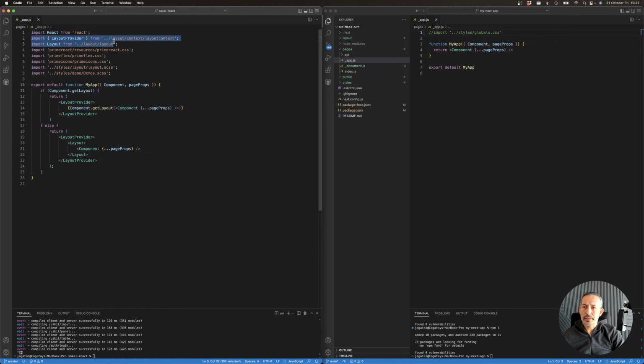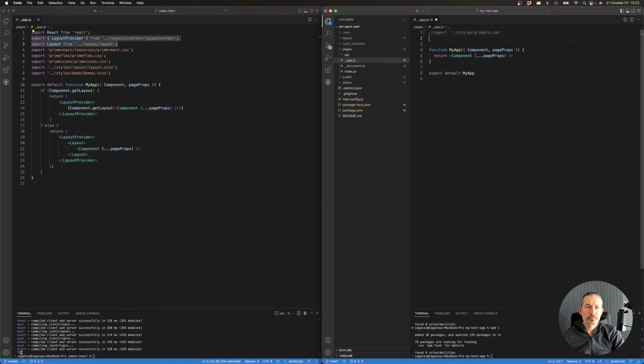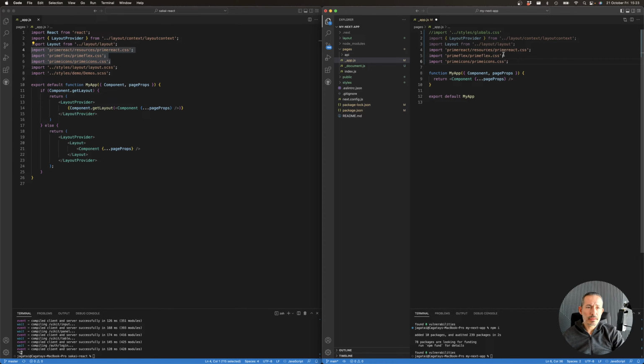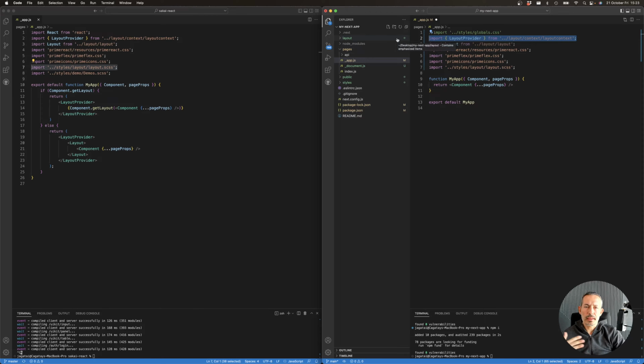So this is the context of layout provider, and the layout component. Plus I need some resources like these. These are the PrimeReact core CSS, PrimeFlex for CSS utilities, and PrimeIcons, plus the styles of the layout. So this is the main context, layout context, so that